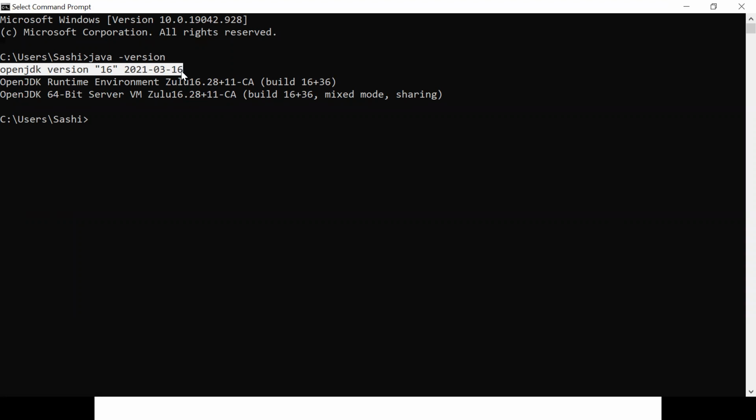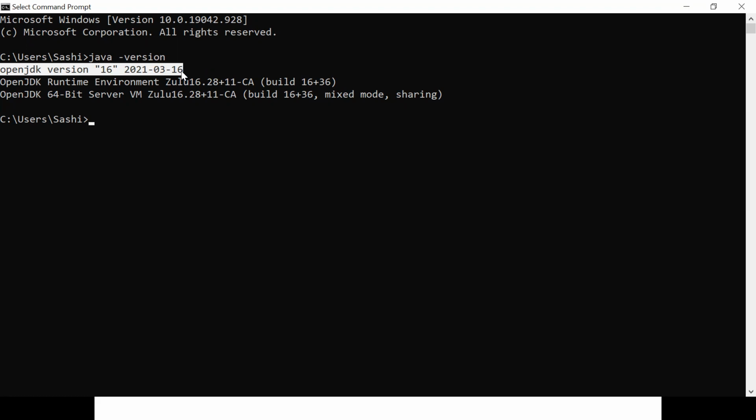Here I would like to clarify one point. If you already have another Java version installed, that is fine, you don't need to install it again. But make sure the version is 8 or higher. The minimum Java version should be 8 because most other software, like Eclipse, Spring Tool Suite, and other development related tools, support a minimum of Java 8.